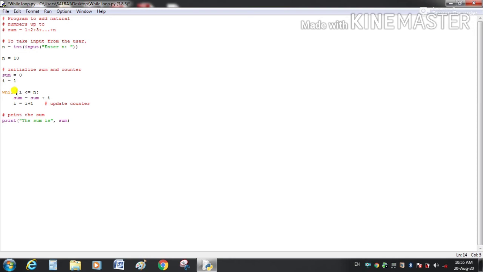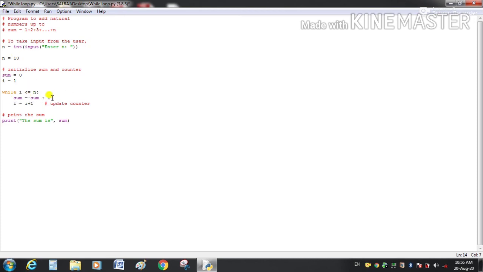our while loop. It is also a looping statement, so this loop will execute until the condition gets false, means this loop will iterate itself till the condition is true, and if the condition is false the loop will not execute. Now we know that because the value of i is 1, less than 10, the condition is true, so sum